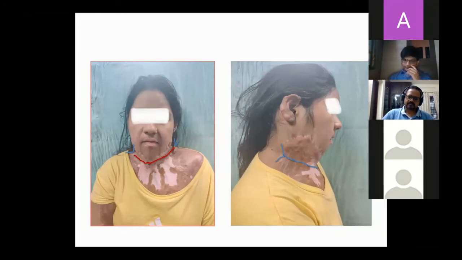Sir, in permanent evolution, I will release the contracture to create the labio-mental sulcus. I will give a transverse incision, release the contracture, and move the lip upward to create the labio-mental sulcus, and then we resurface the defect later by full thickness skin graft. Full thickness, you don't say. At least intermediate thickness, thicker skin graft. Intermediate thickness skin graft. Okay, sir.